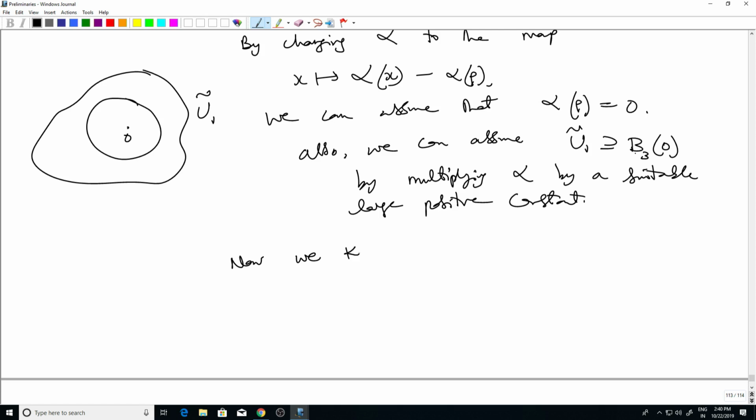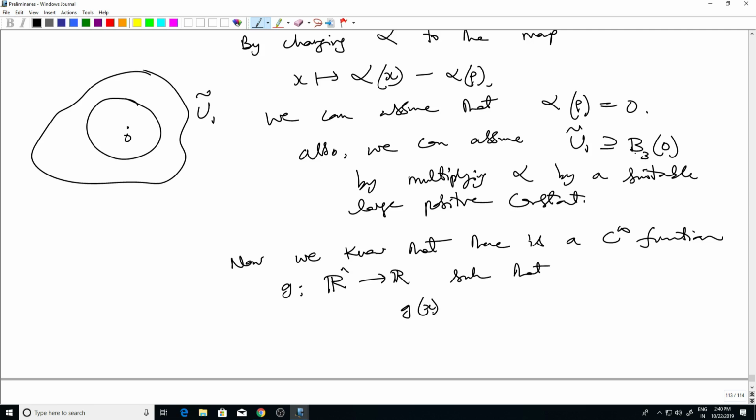We know that there is a C infinity function g on Rn such that